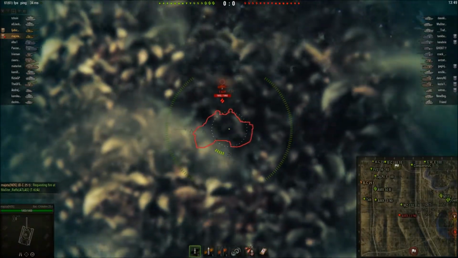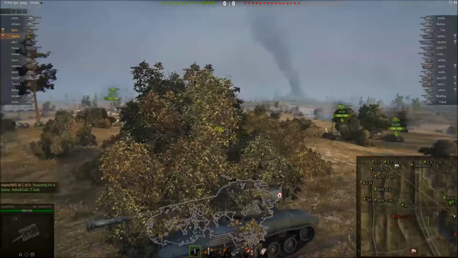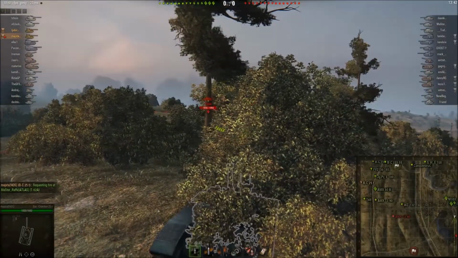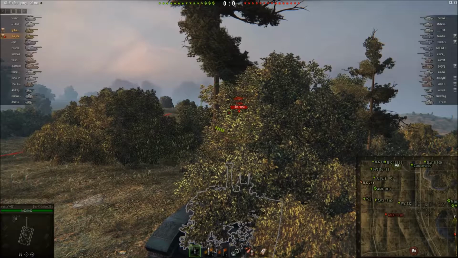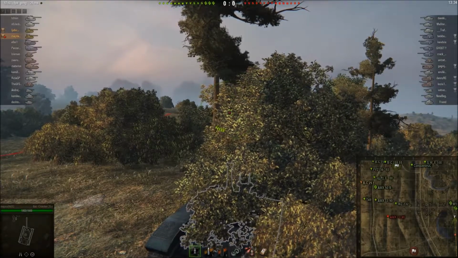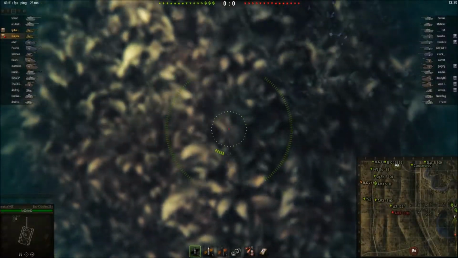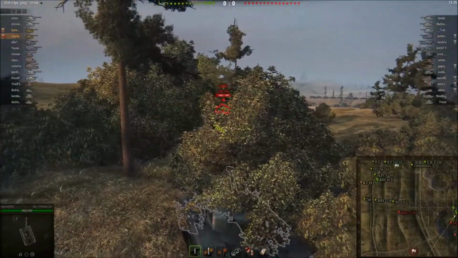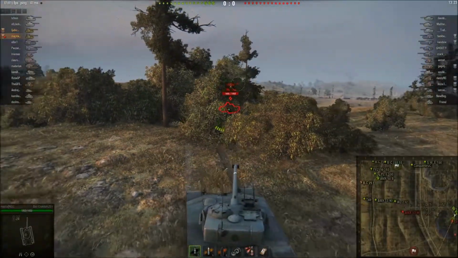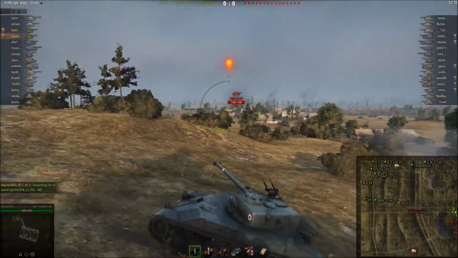Now notice here that I'm not shooting at this T-62A. I'm actually waiting for my teammates or the artillery to shoot him first, as that would allow them to shoot at him and allow me after that to not get spotted and shoot at the T-62 after he's got some damage in. But now the T-62 has run away, and this is why you shouldn't shoot at the beginning when